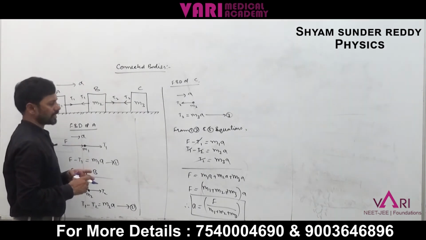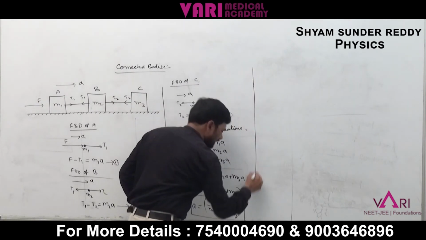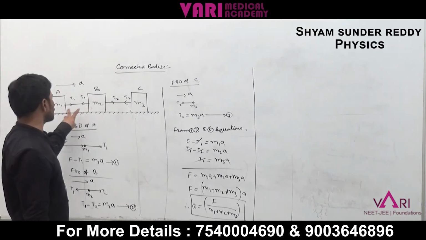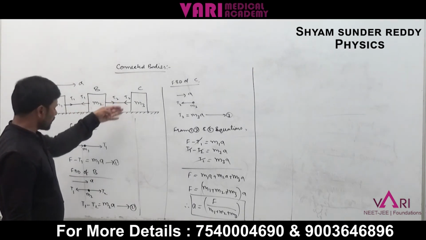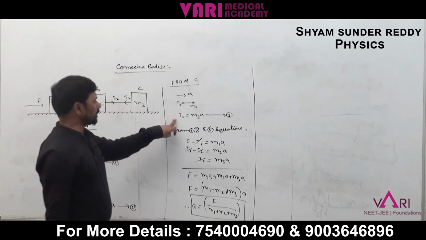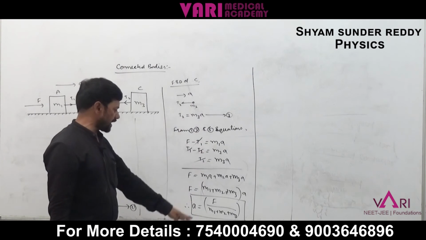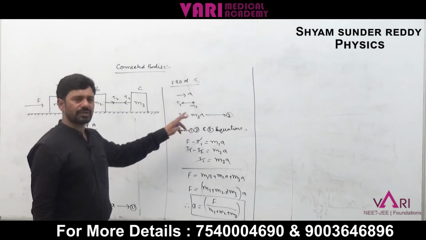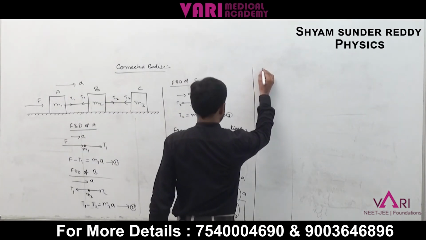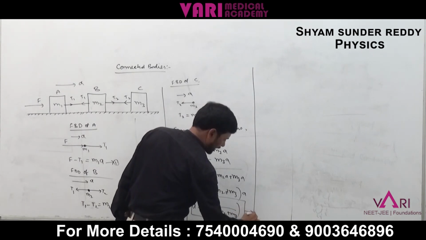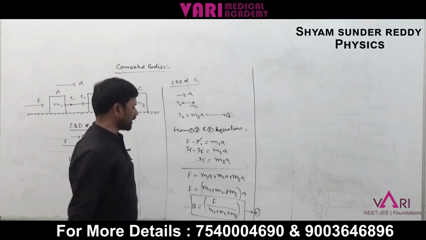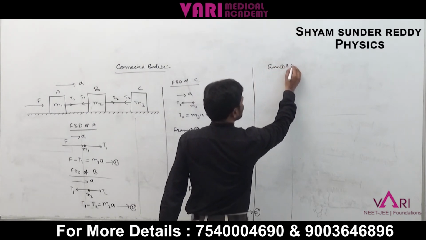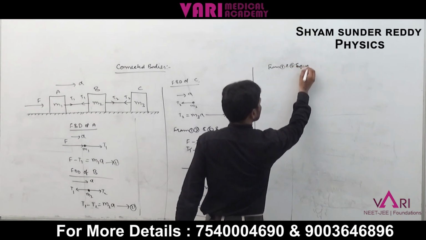Next, we want the T1, T2 values between the two blocks. From equations 1 to 3 we are easily getting T2. T2 is equal to M3A. Just substitute the A value in the third equation, then you will get the T2 value directly. Taking this as the fourth equation, from the third and fourth equations,